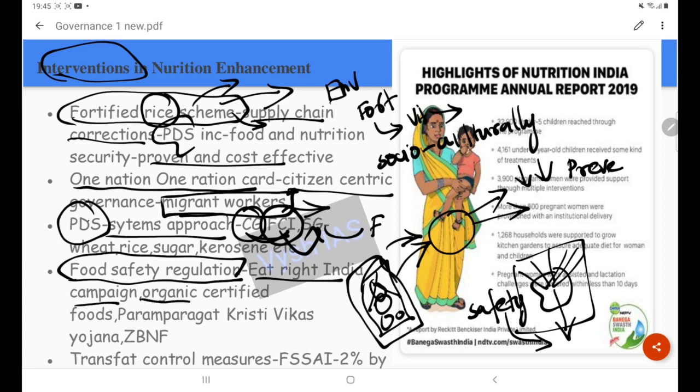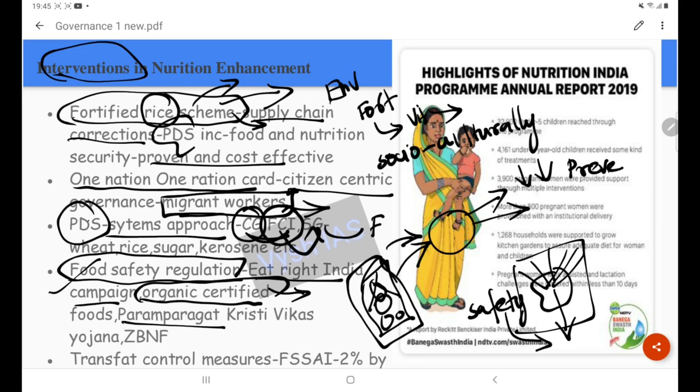Then we are moving on to diversification of the supply chain also, because we are concerned about organic foods now. People are moving to organic foods due to concerns of safety. So there is diversification of supply chains that offers a right to choice. See, this is how you have to develop a scheme according to the question and according to the paper.